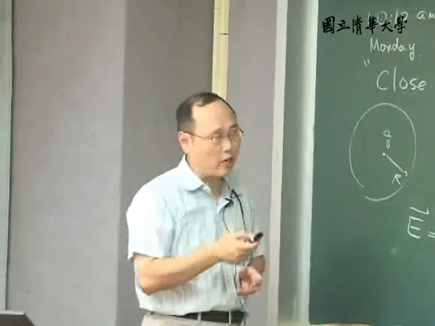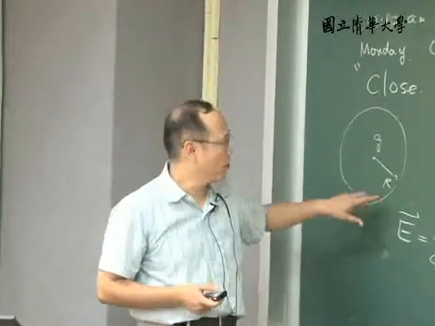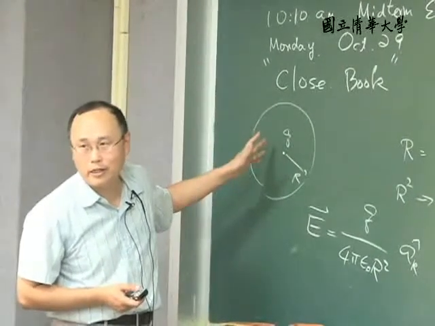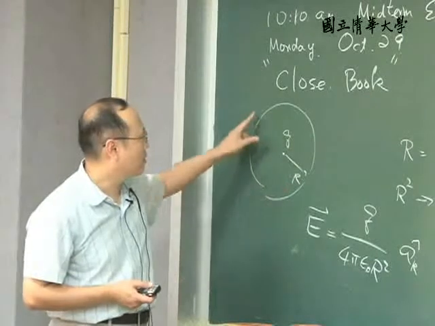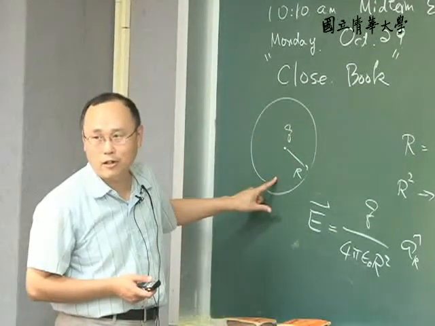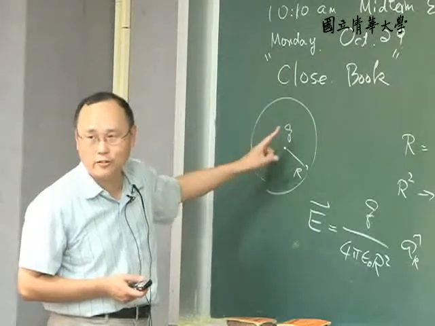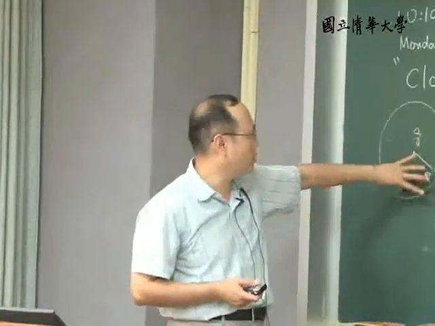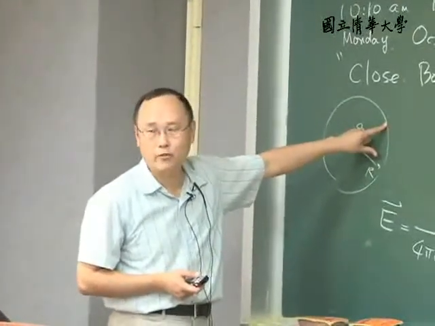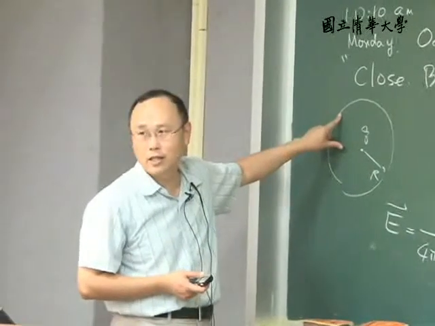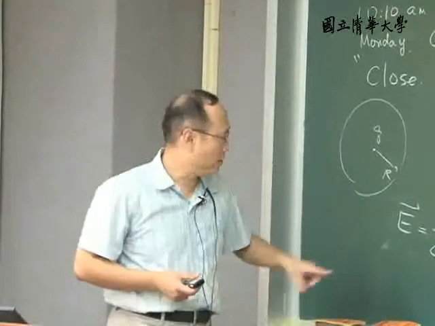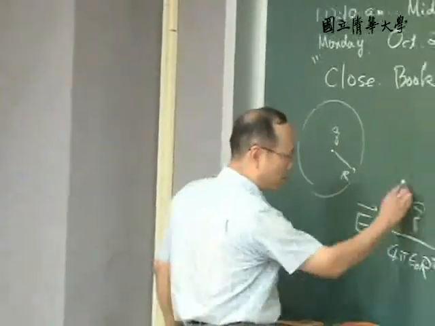The reason we can use Gauss' law to do this calculation is because we know from symmetry the magnitude of the electric field on this surface is a constant. Because it is completely spherically symmetric, you cannot distinguish this point from this point; for this charge, they are exactly the same as long as they are on the same sphere. Therefore, we understand that this component